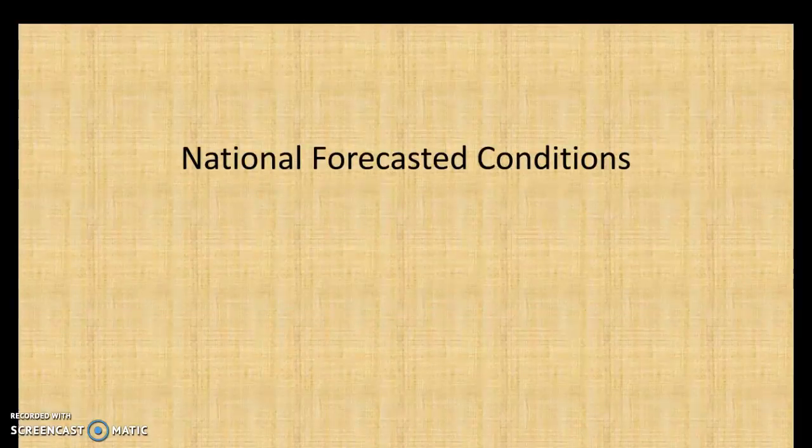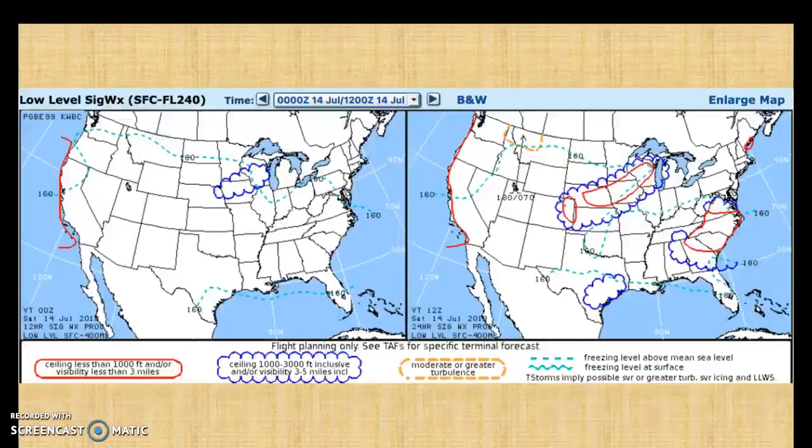Alright, so next we'll be looking at the national forecasted conditions for into tomorrow. So next up we'll be looking at the low-level prognostic chart, and we'll pay attention more to the right one, as this one deals with 7 a.m. Central Time, and the left one is just 7 p.m. tonight. There we can see there is some moderate or greater turbulence in western Montana and northern Idaho, and the freeze level is going to be above mean sea level across most of the country. And we do have some marginal VFR conditions happening in the central U.S., stretching from Colorado all the way up